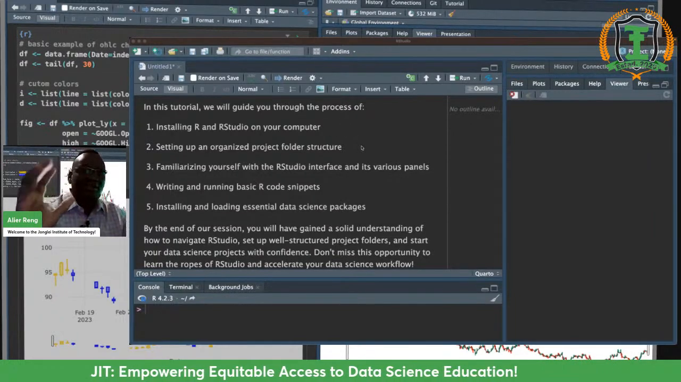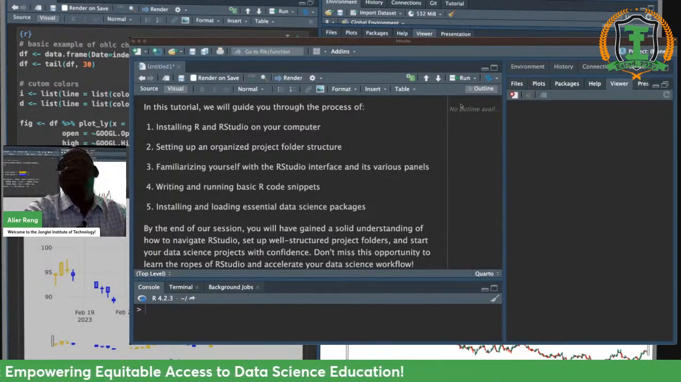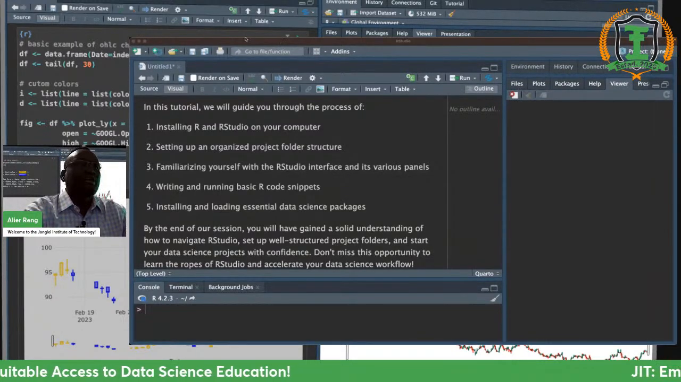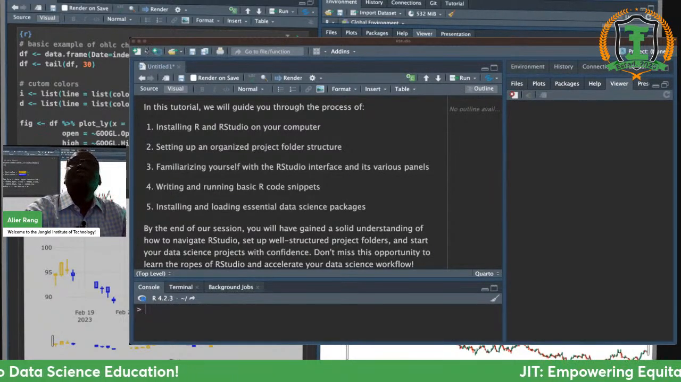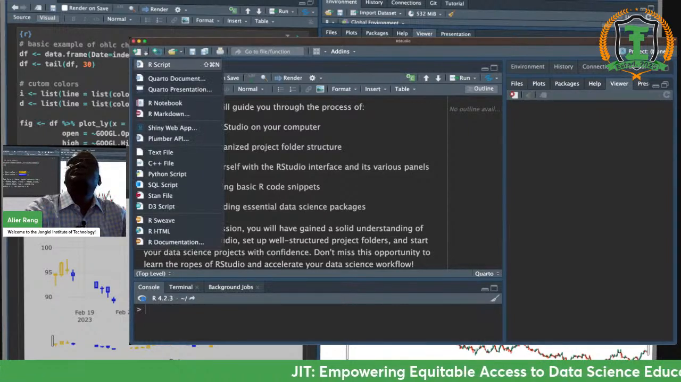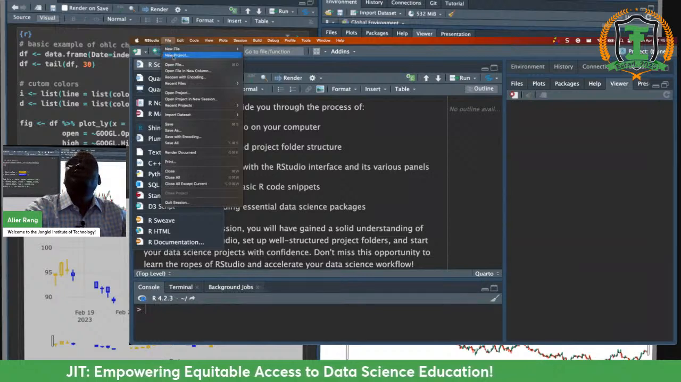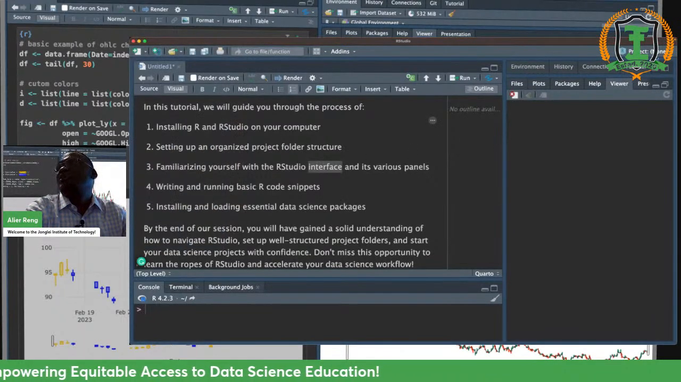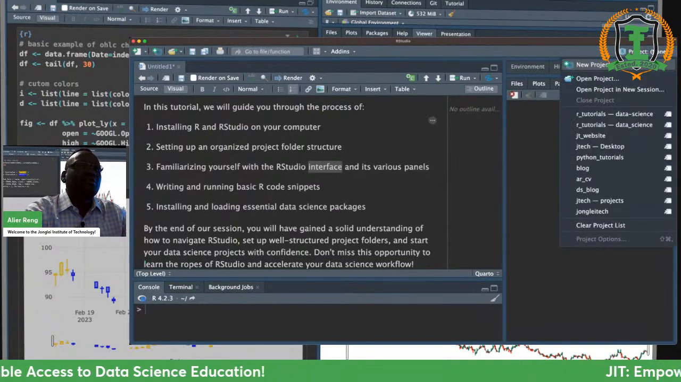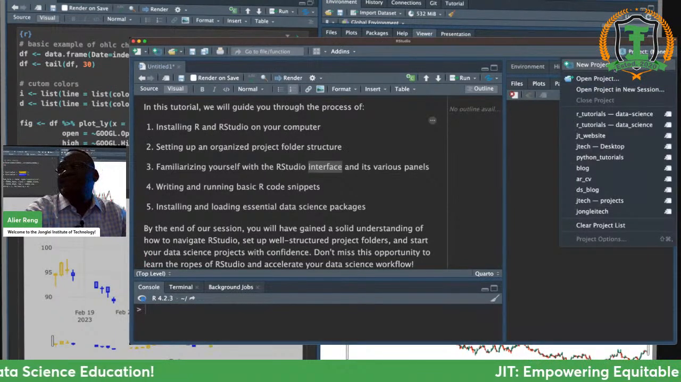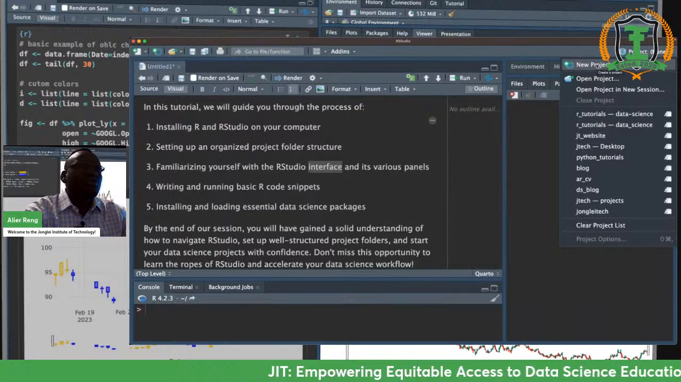So for a specific project, to do that, you can either come here to File and click New Project, or you can come here and then say New Project. This is what I always use. So I will click on New Project,